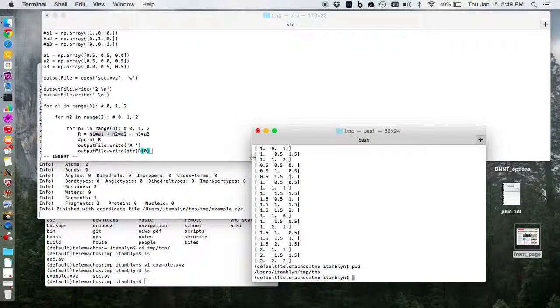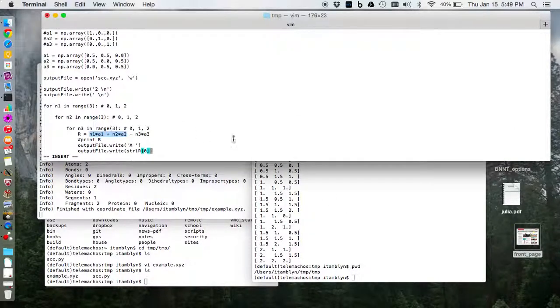When we printed it, we saw that it was an array. R of 0 is the first element of r, plus a space, plus str, converting it to a string, r1, the second element of r, plus a space, plus str, and r2, which I will then end with a